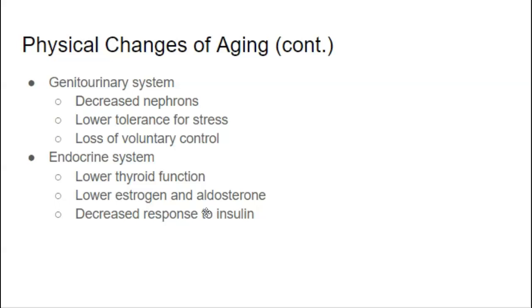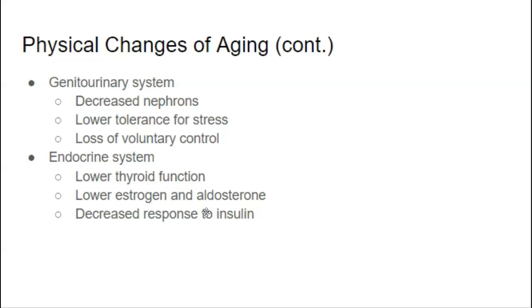So these are all things that can affect the genitourinary system, and if you're getting urinalysis exams on this patient population, it is important to know whether or not they're having nocturia, which is excessive urination at night, or whether they actually are having some form of incontinence, whether it's stress or urge incontinence, okay,